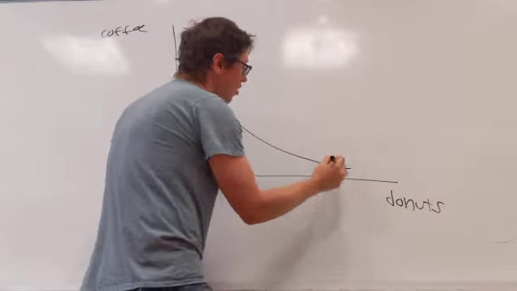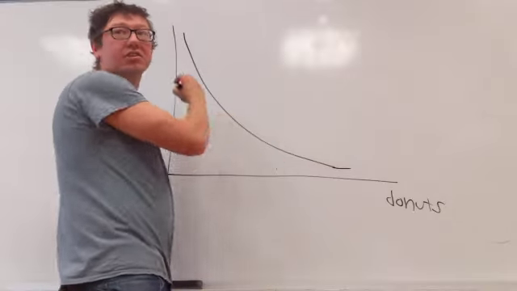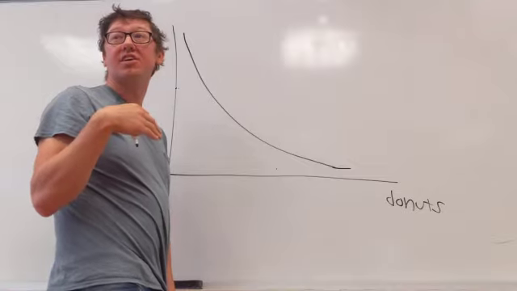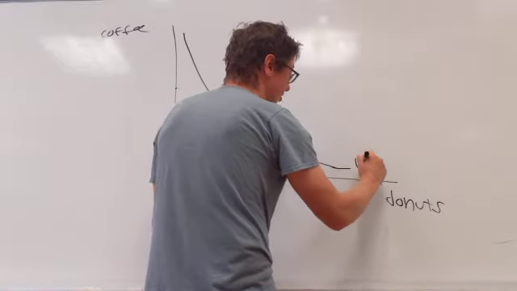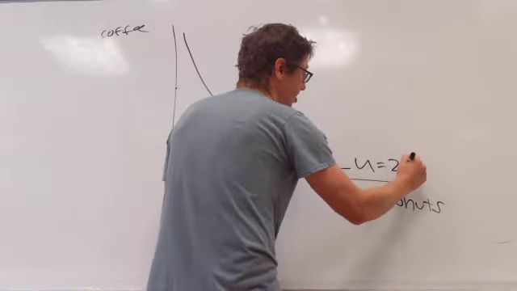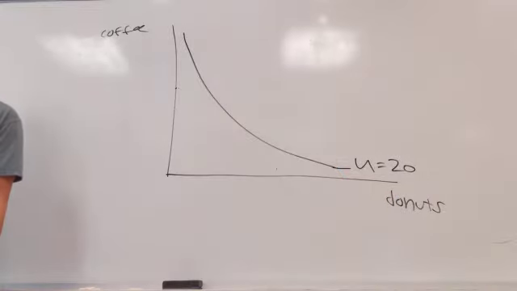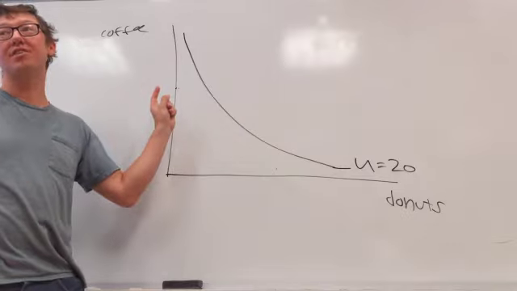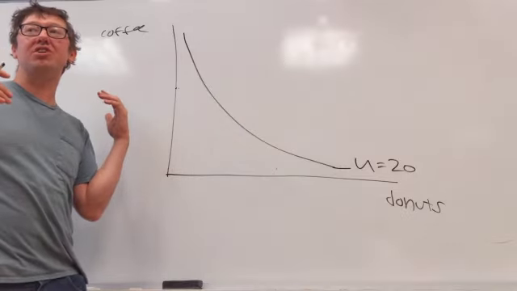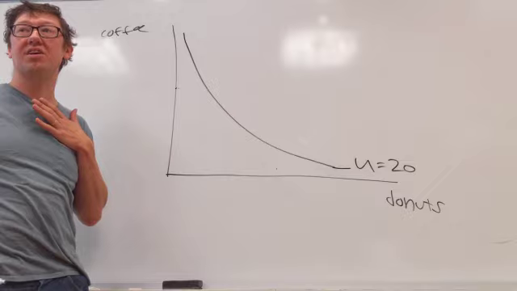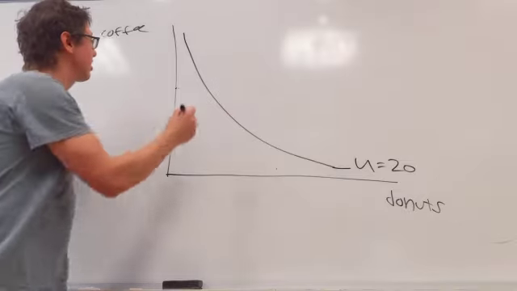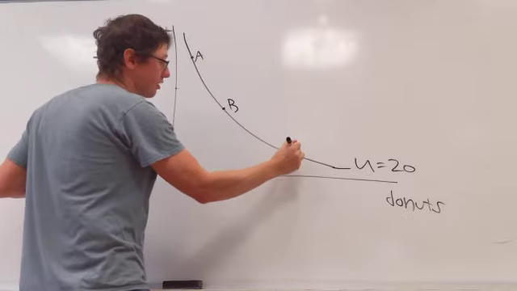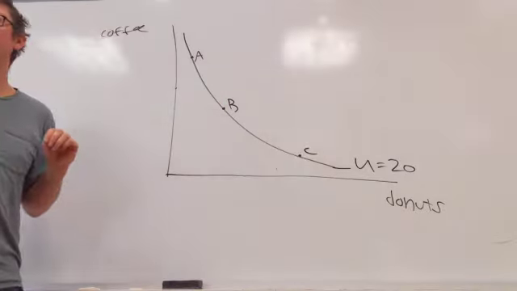Another way to say that is for all the points along a given indifference curve, the same level of utility is achieved. I could label this one as U equals 20, which is to say any combination of coffee and donuts that falls on this curve gives the consumer a utility level of 20. So if I ask the consumer, would you rather have bundle A or bundle B or bundle C? They're like, well,